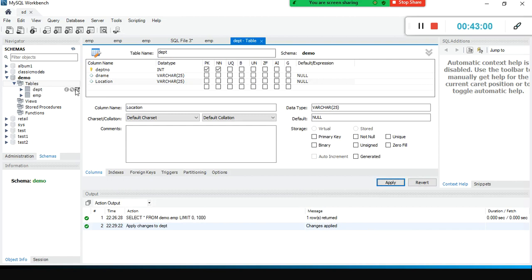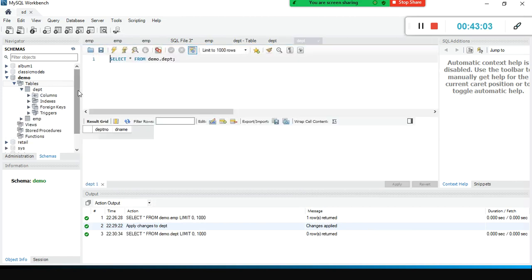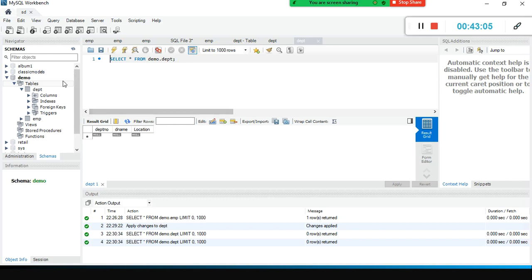And when you click this one, the grid kind of thing, it will show you everything here. But I created the table, I did not insert any value here. What I am going to do is insert a value directly here. I can modify it. Let's say 10. The department name is finance department and the location is, let's say Bangalore. And the next line, when I come here, let's say 20 is my payroll department. Salary is important. So in payroll, and the next one is, let's say Hyderabad.